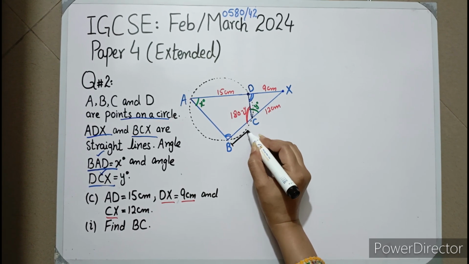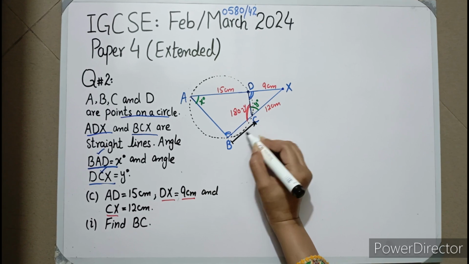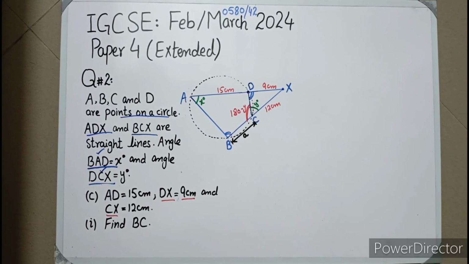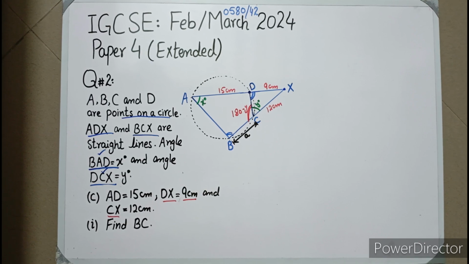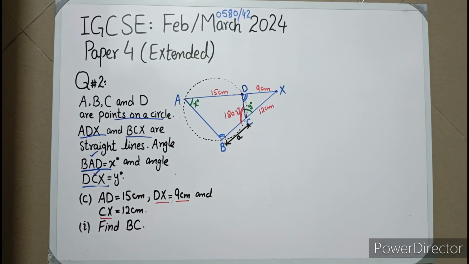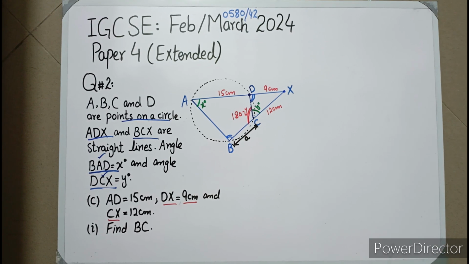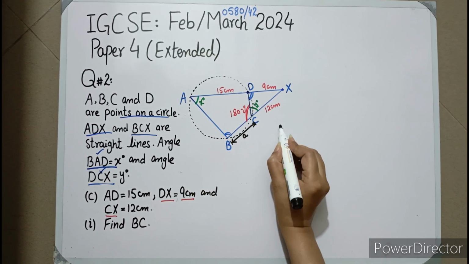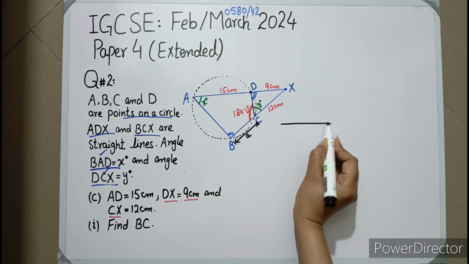From this to this, he is asking to find out this. Let us suppose this is A. As in a previous part, we have studied that the two triangles are similar. So we are going to take those two triangles out of this figure. So as we know, the first triangle is